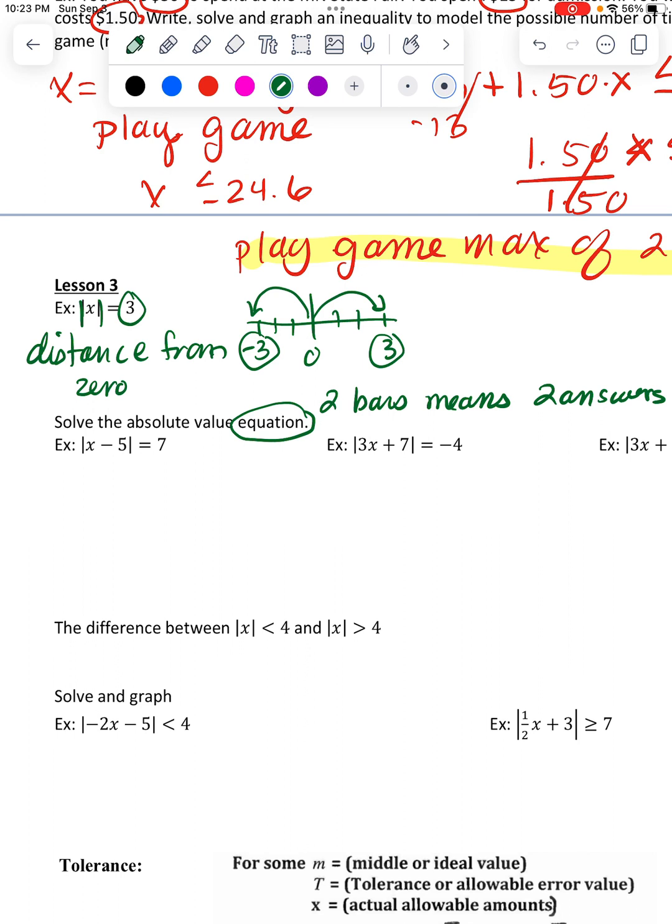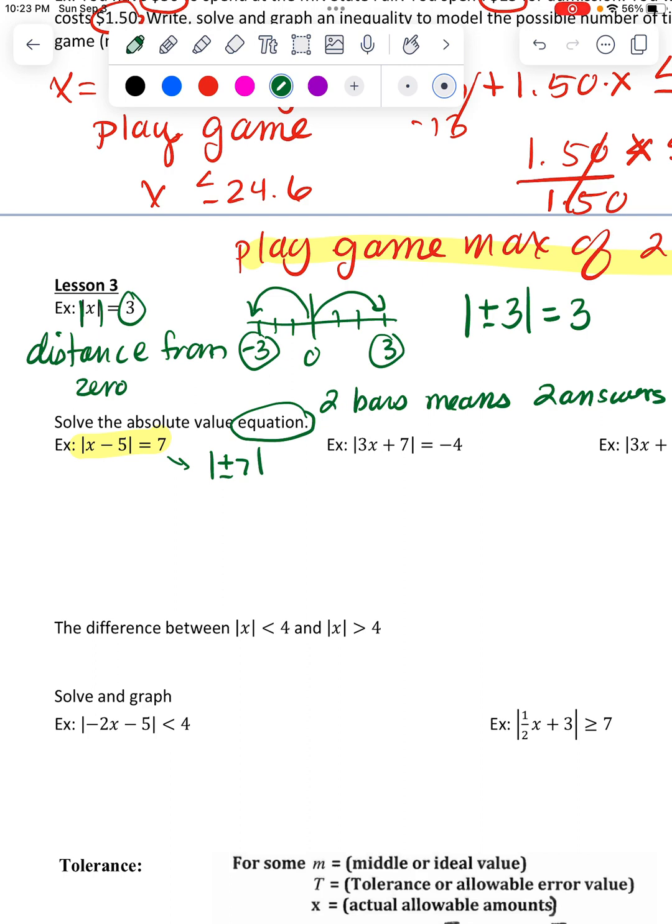They have meaning. For example, here, up above, you could either have a +3 or a -3 inside those bars, and it would kick out as a 3, because you're saying how far is 3 away from 0? 3. How far is -3 away from 0? 3. So when you go to solve the equation, you have to keep in mind, like in this particular example right here, that you are going to have 2 options. In order for you to get a 7 out here, you can either have a positive or a -7 inside